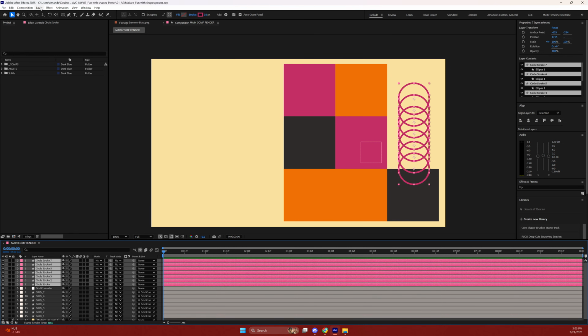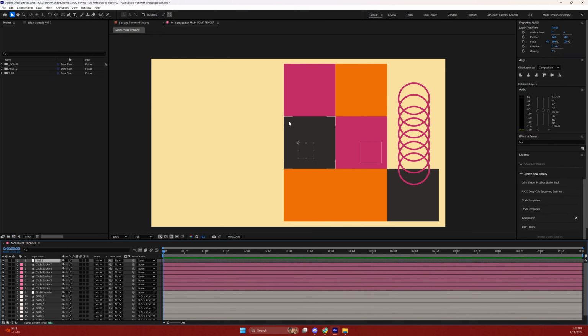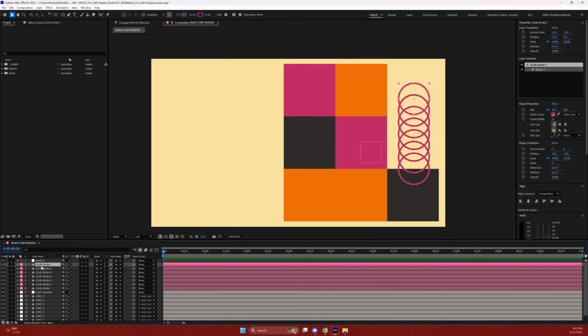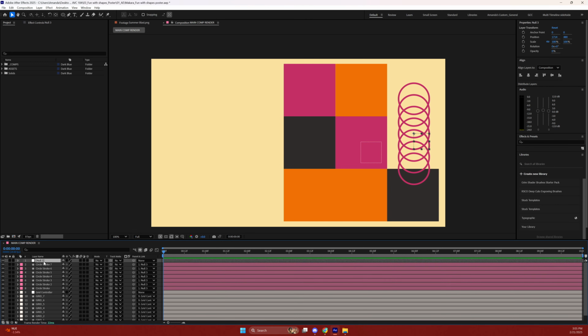I'm going to go to Layer, New, Null Object, and it's still created in the center of the composition, your main composition, like your screen, right? So I'm just going to drag that over there, and then I'm going to grab all these, holding down Shift, and I'm going to drag the pick whip over to the null, and I'm going to select that, and I can type circle, stroke, controller,